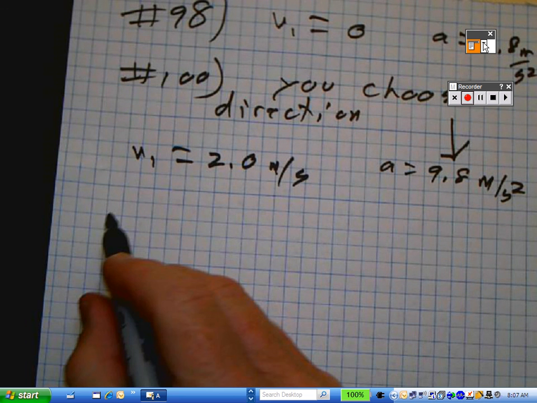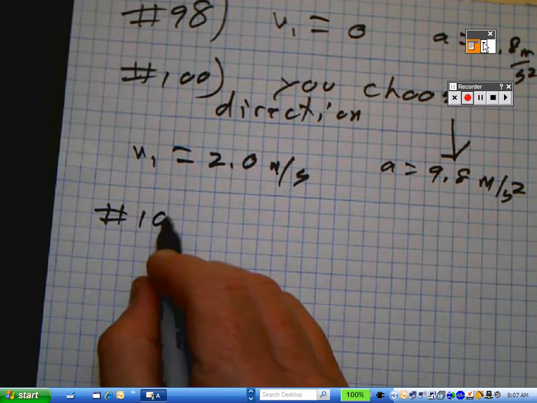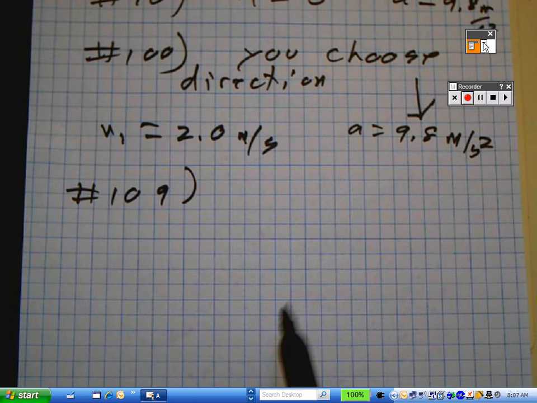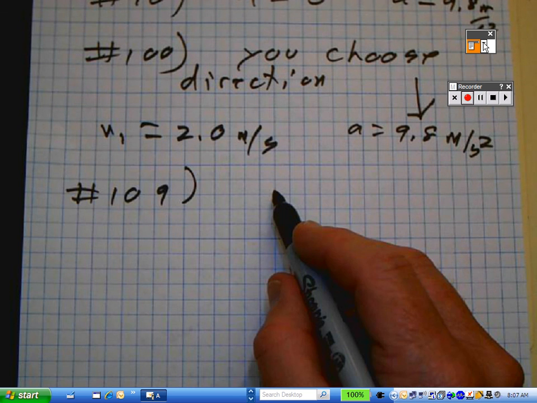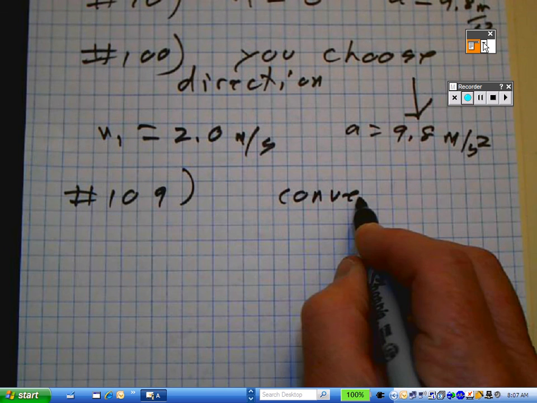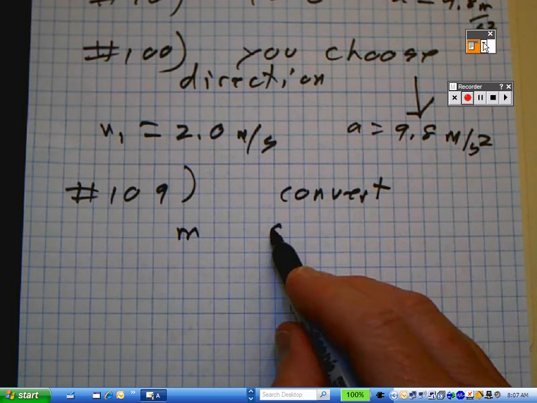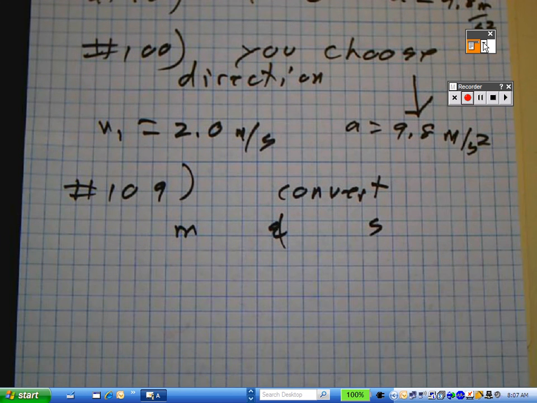And one final hint on number 109. On number 109, it gives you 3.5 kilometers per second and 2.0 centimeters. Convert. All the time you want to have things in meters and seconds. And then the rest of it